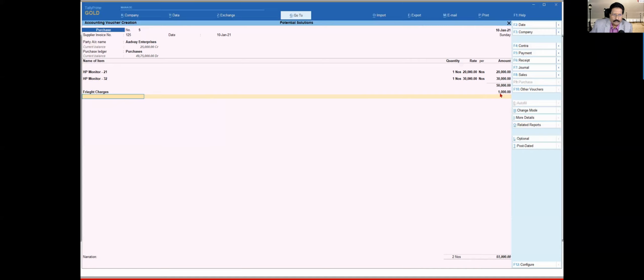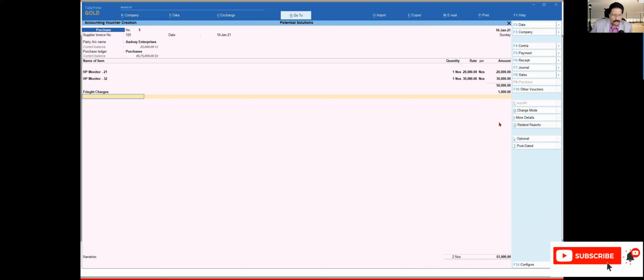So it is going to take 1,000, divide by 50,000, and multiply by 20,000, and by 30,000. So 400 and 600 you will get. Your cost should become 20,400 and 30,600.